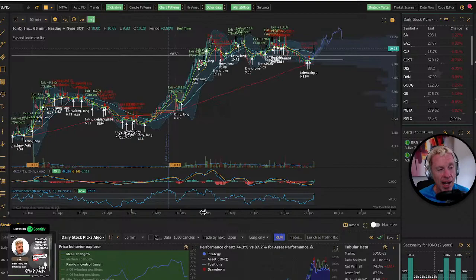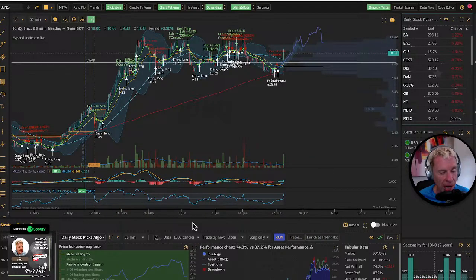The good news is that if you bought 8 months ago, you're up 87% on IONQ if you just bought and held. The algorithm makes you go in and out 91 times because it's that volatile. It makes you an average win of 5.97%. Your average loss is 1.79. So you're limiting your losses. Over 90 positions, over 8 months, you make 74%.